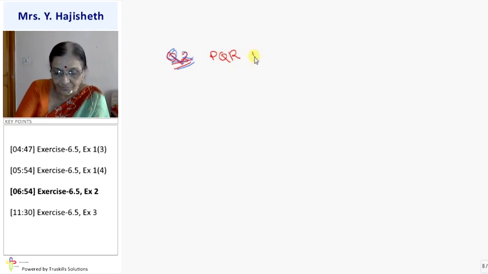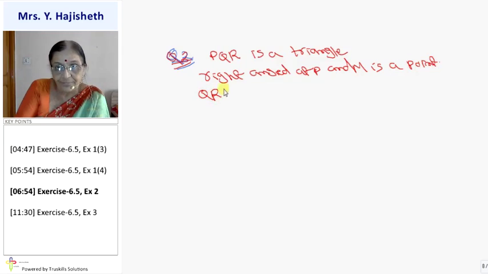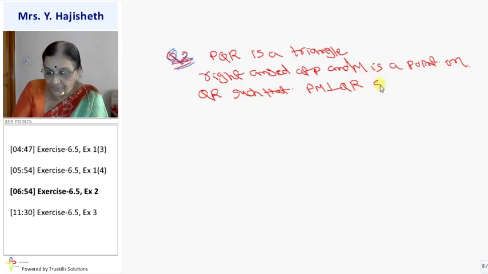PQR is a triangle right angled at P. Clear? And M is a point on QR, such that PM is perpendicular to QR. Show that